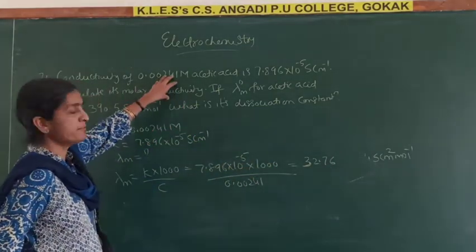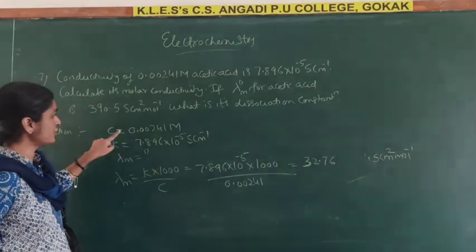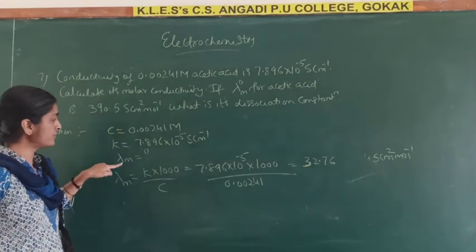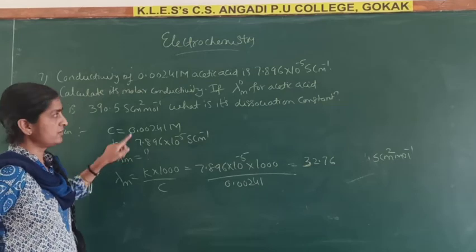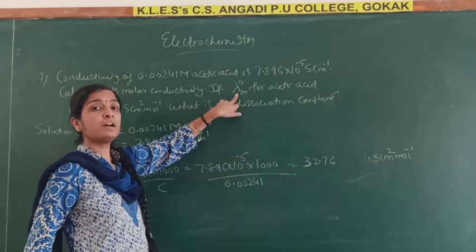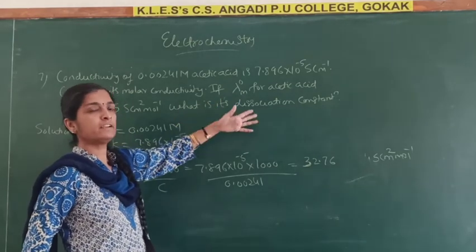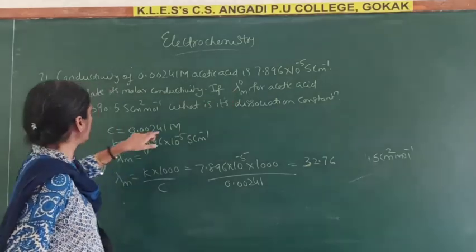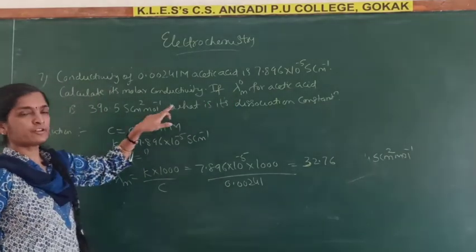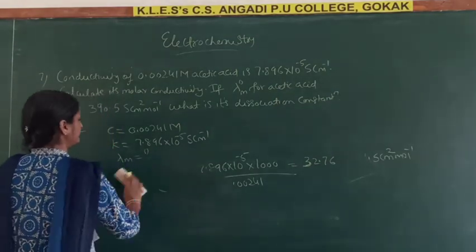This is one part. We go for the next part. I hope this is clear to you. You are given concentration, you are given conductivity, you use the formula for molar conductivity. So this is all. Next, you are given lambda naught m. What is lambda naught m? Limiting molar conductivity. That is, molar conductivity at infinite dilution. So lambda naught m is given to you. You have to find out the dissociation constant. Okay. So the next part.